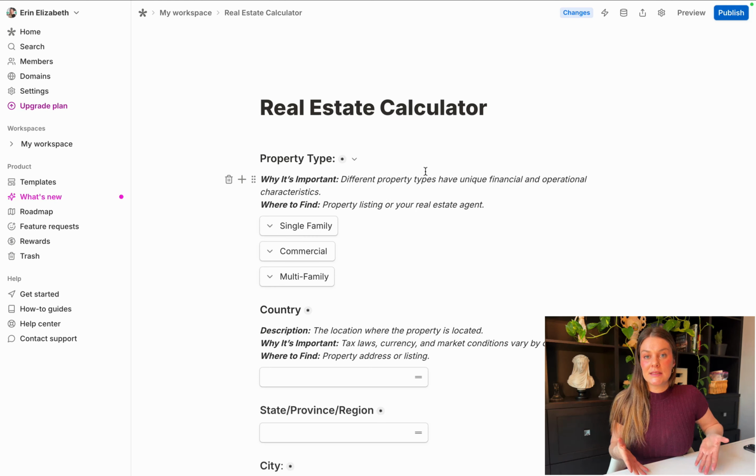And you could use this Tally form and put it in your link in bio so that you can direct traffic to it for your prospective clients. But if we're just going to be using it for our personal use to analyze real estate transactions, you don't need any of that. So